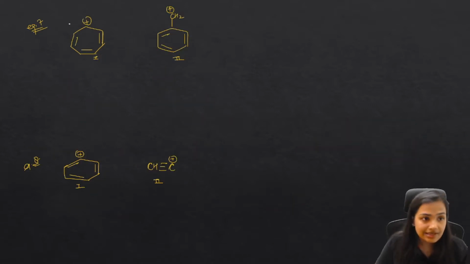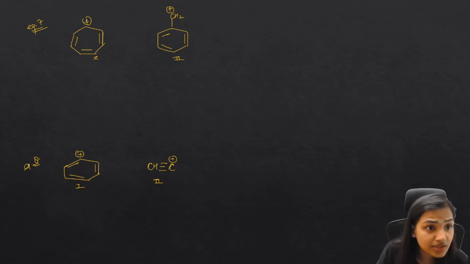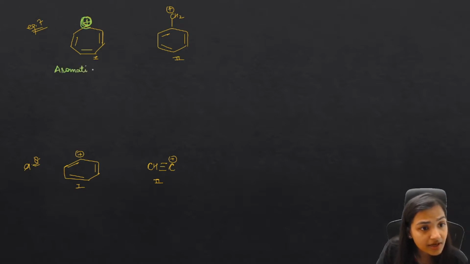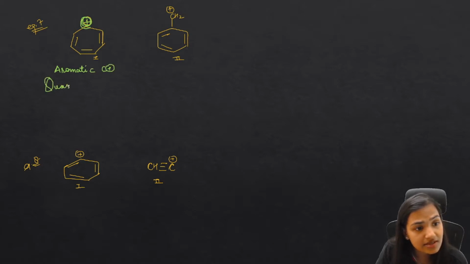Example number 7, if you compare the two, what is the difference? This carbocation is a carbocation which is a part of a ring, but this carbocation is not a part of a ring. So we can say that this is an aromatic carbocation. This comes in the category of aromatic carbocation, and we can also say that this is quasi aromatic, because what are